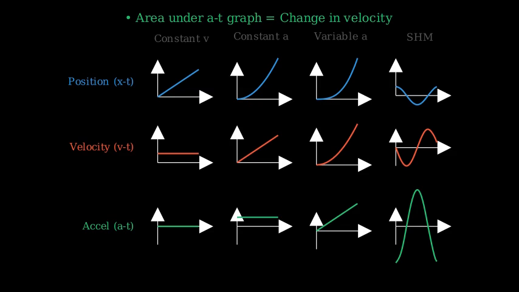For variable acceleration, we have a complex curve in the position graph, a curved line in the velocity graph, and a linear change in the acceleration graph. For simple harmonic motion, we have sinusoidal waves in all graphs, but with phase shifts between them. To summarize what we've learned: